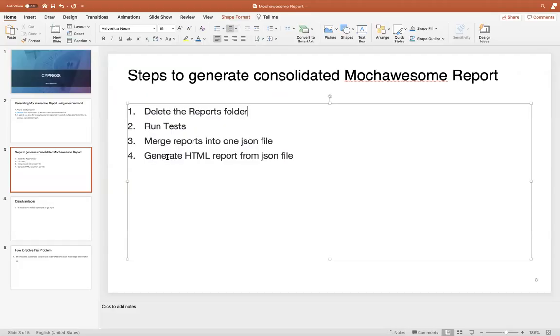And my last step is to generate an HTML report from the JSON file.